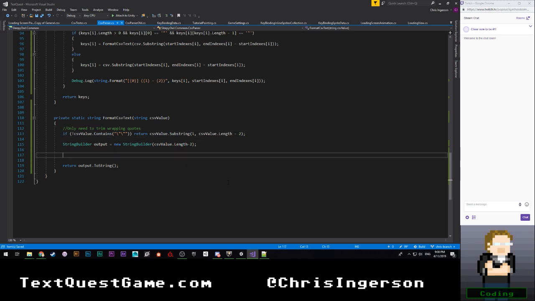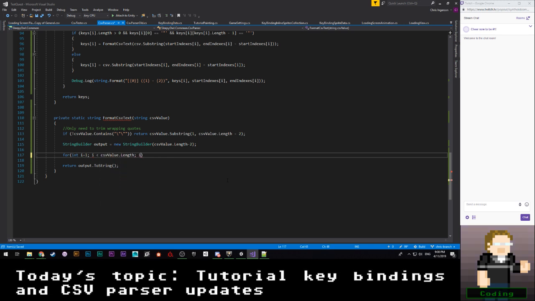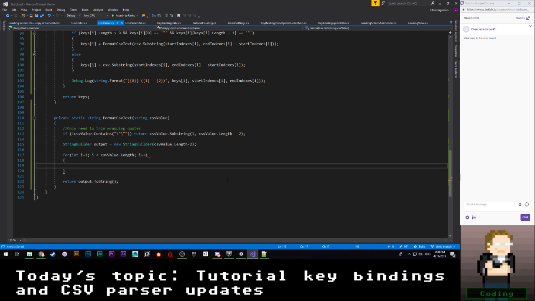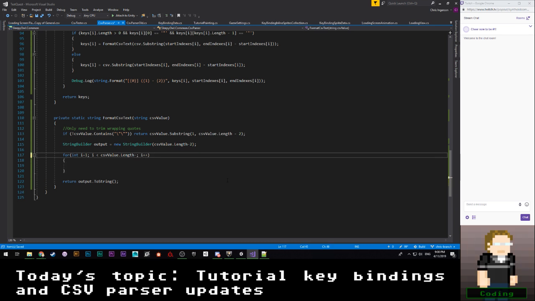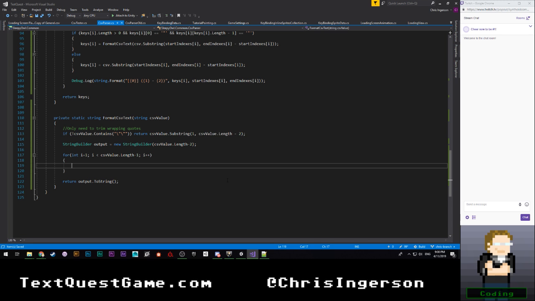Okay, and then after that, we're going to have to actually go through and start handling this differently. So we're just going to say for int i equals 1, i is less than, wow, that is terrible. i is less than csvValue dot length, i plus plus. Okay. And actually, I guess we can say minus 1 here. Okay. And all we're going to do here is say if csvValue of i is equal to quote and csvValue of i plus 1 is also equal to a quote,